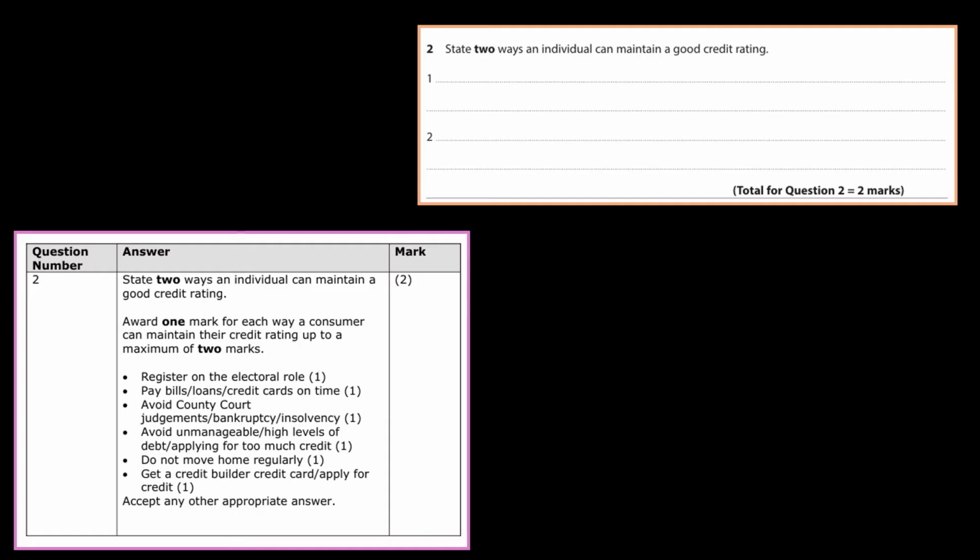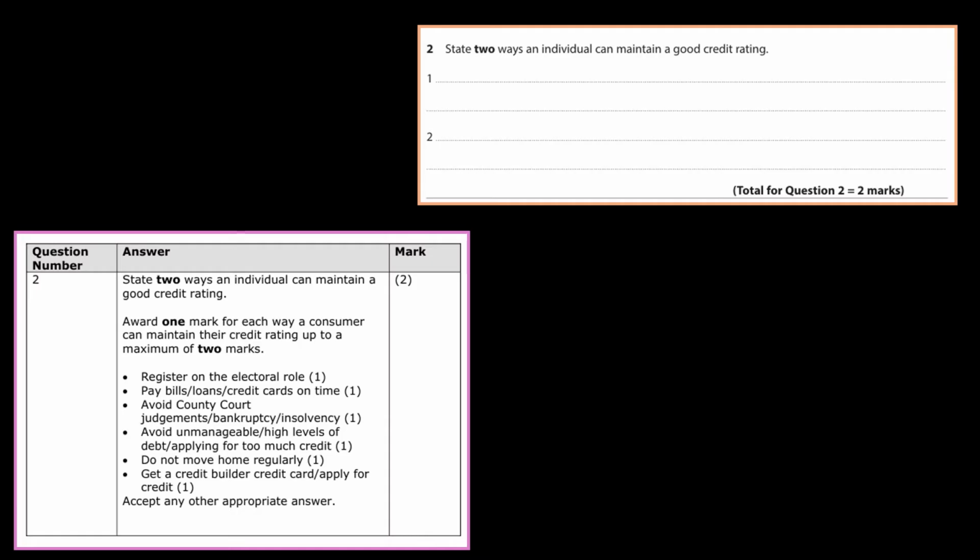So basically a credit card that starts off small and that you show and demonstrate that you can pay back on time, and then it increases over time and improves your credit score. So a very, very important question, and something to think about just from a personal point of view, about protecting your credit rating throughout your life, because the moment it's